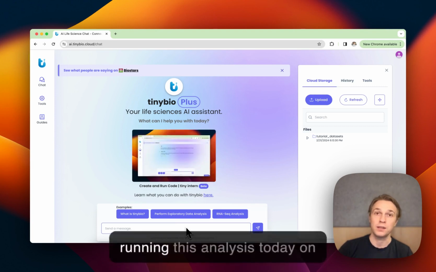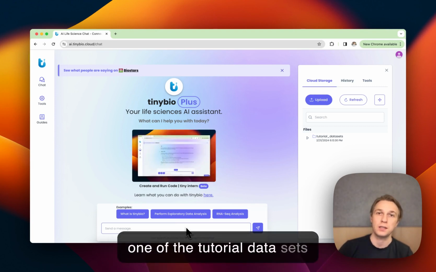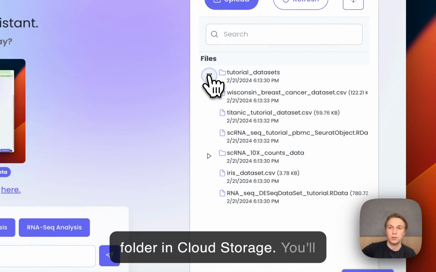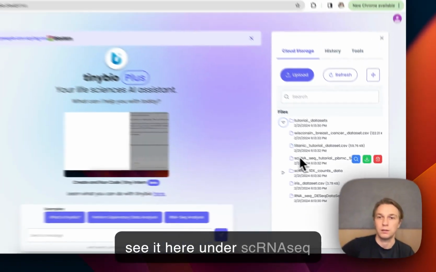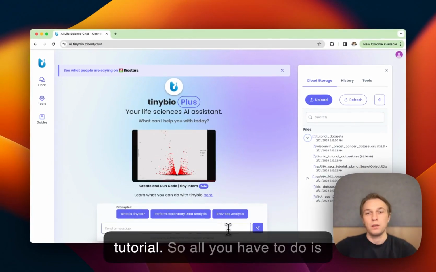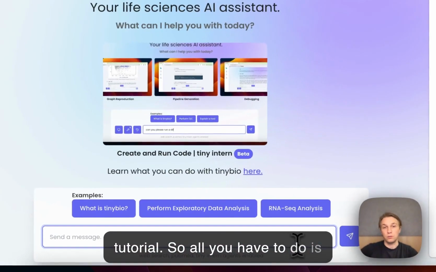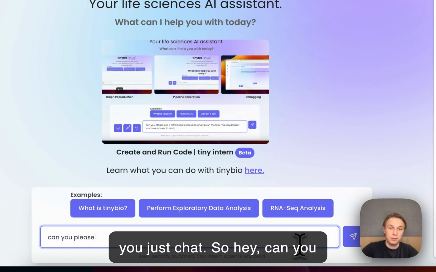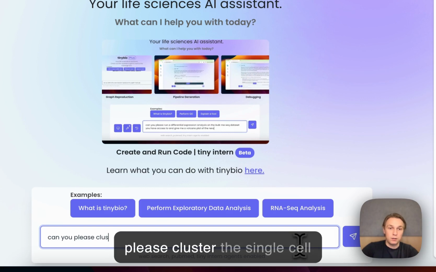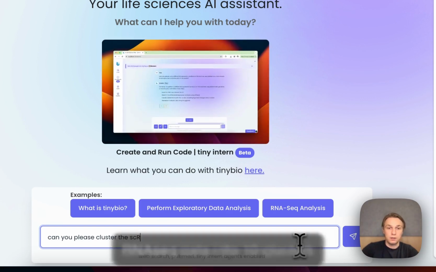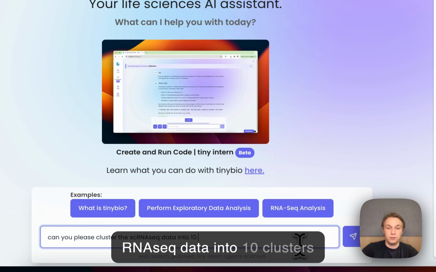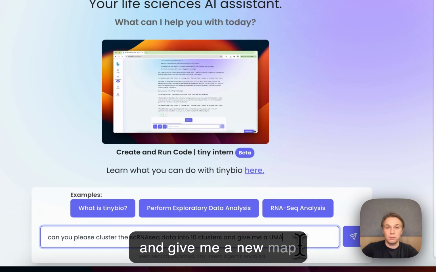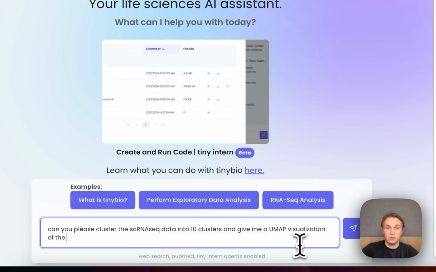And we're going to be running this analysis today on one of the tutorial datasets that's in your tutorial datasets folder in cloud storage. You'll see it here under single-cell RNA-seq tutorial. So all you have to do is just chat. So we can do, hey, can you please cluster the single-cell RNA-seq data into 10 clusters and give me a UMAP visualization of the